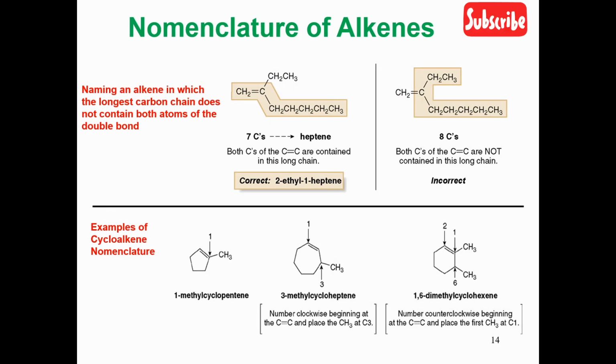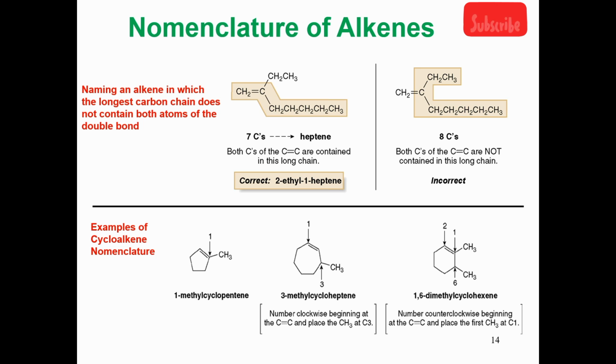In this example, the longest continuous carbon chain is 7. It cannot be 8, because when I use the second column where the longest continuous carbon chain is 8, the double bond is not covered. That is why it is termed incorrect. So the longest continuous carbon chain is 7, and I have to follow my left because it's going to give the double bond number 1. Hence, the substituent in this compound is only one substituent, which is ethyl, meaning that this compound is 2-ethyl 1-heptene